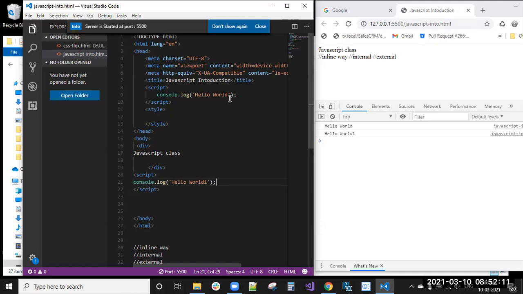If any user clicks on a button, that button will call one function, and only that time the function will run. So the compiler will not get burdened while loading. For that purpose, the inline way is better to use. And the external way is always best if you have large JavaScript code. You need to create a separate JavaScript file.